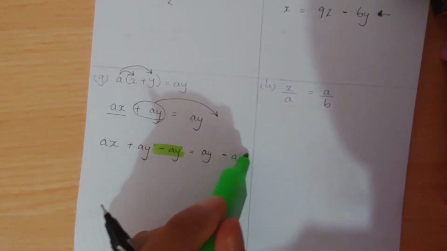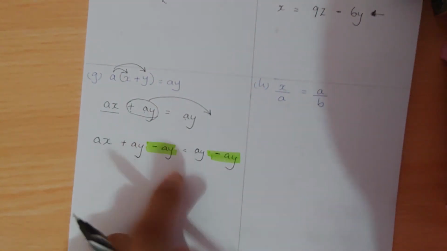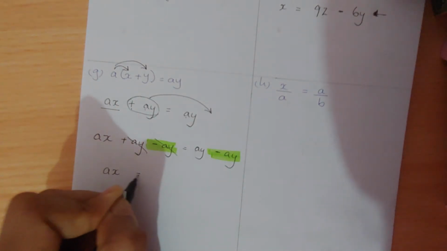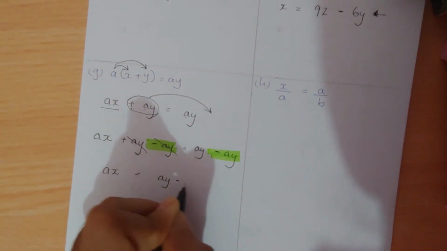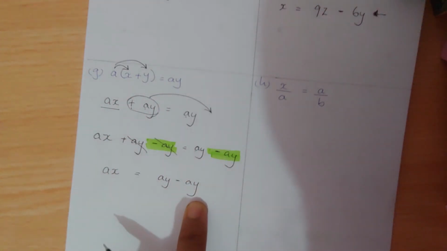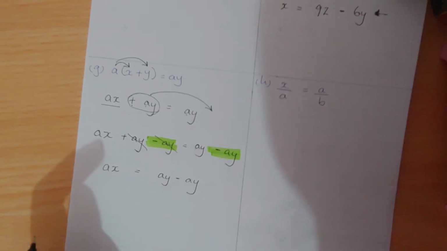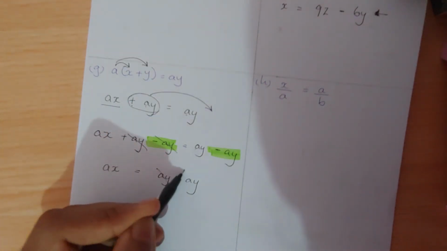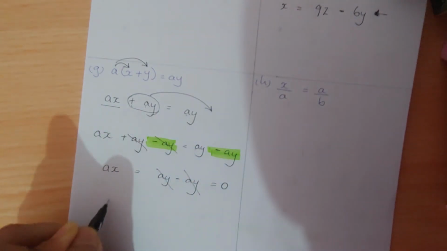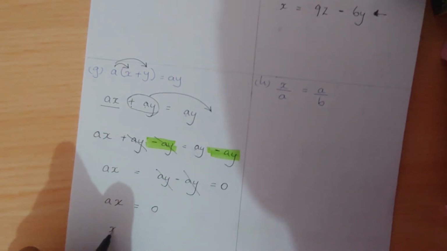Donc, voilà. Plus ay minus ay, it eliminates. Therefore you have ax is equal to ay minus ay. And ay minus ay, c'est pareil comme je dis, bah, x retirer x, n retirer n, qui te fait 0. OK? Donc, ay minus ay eliminates, qui te fait 0. Therefore, I have ax is equal to 0, and x will be equal to